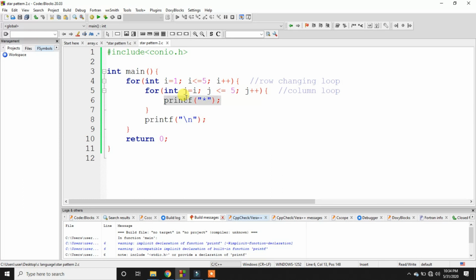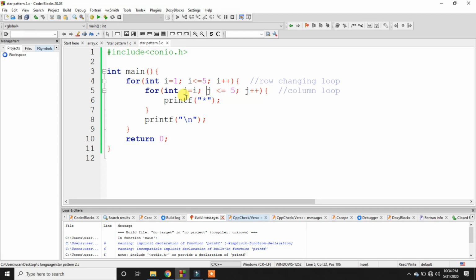So it will print a star at that time, and then the for loop, which is on line number 5, runs again with the value 2 of j, and then the condition is again satisfied, then it will print another star.